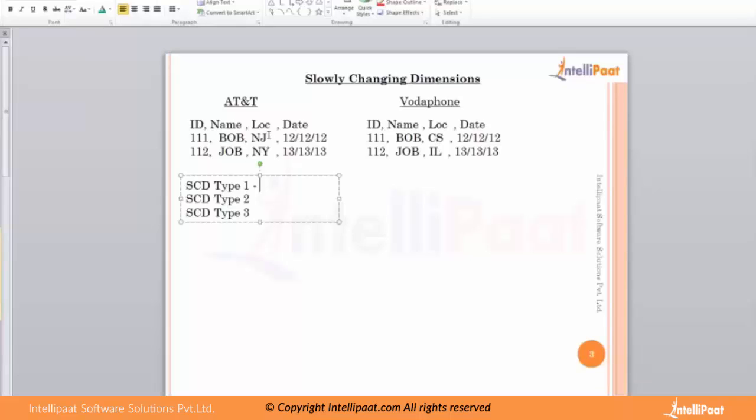If you only have to capture the updates, like if you have an existing record, let's say AT&T already has these records, and you want only the updates from the existing customer, then you will go for SCD1, where SCD1 is used to take up the updates